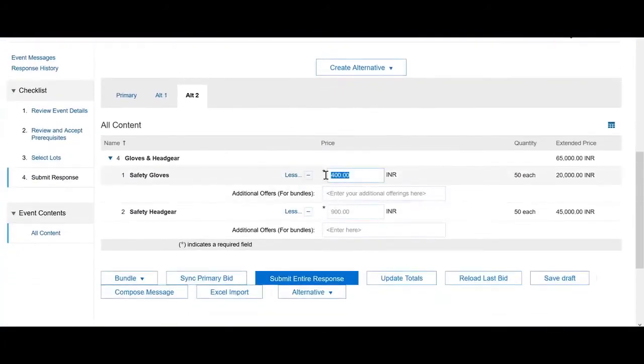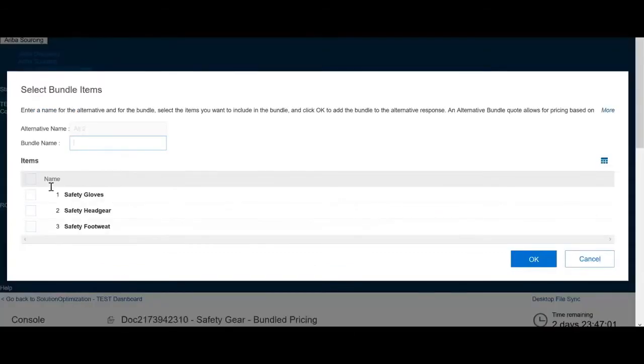And I will say that if you're going to buy 50 pairs of gloves and 50 pairs of headgear together, I'm going to offer you a per unit price of 300 on the gloves and about 800 rupees on the headgear. Additionally, I'll create another bundle where I'll say if you were to buy all items from me, including the gloves, the headgear, and the footwear,